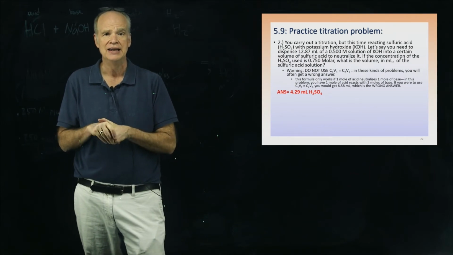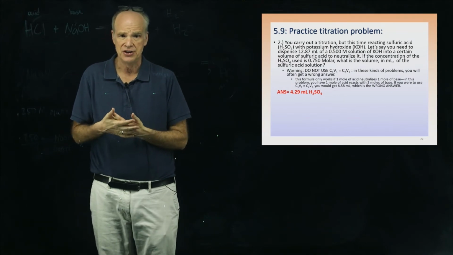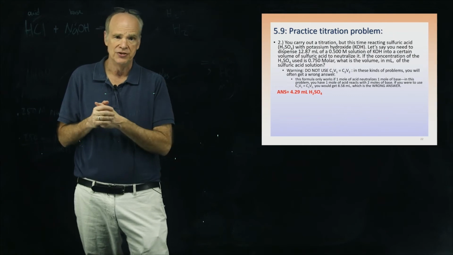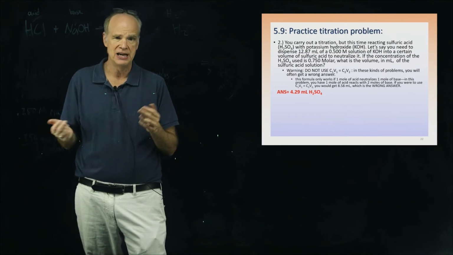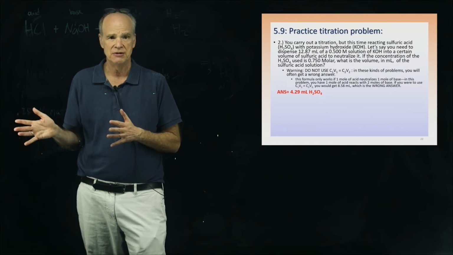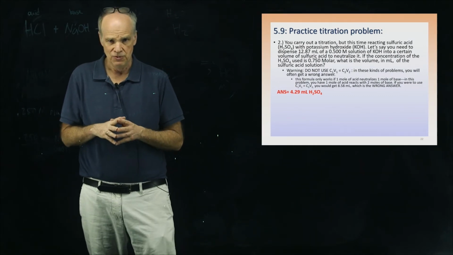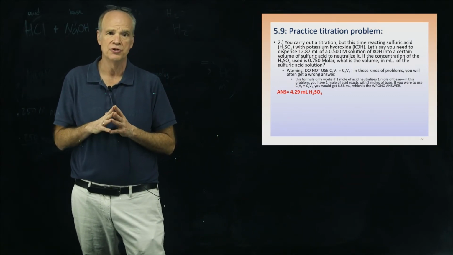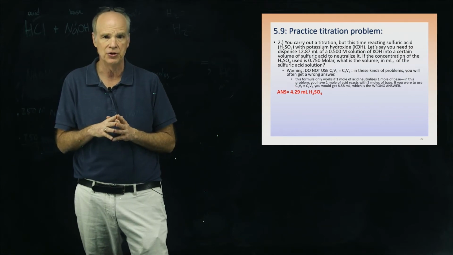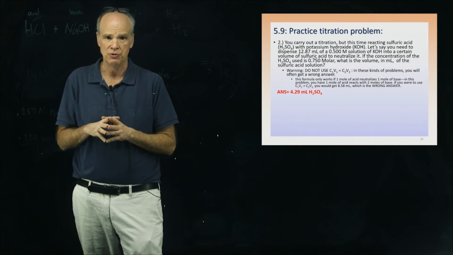Okay, so this appears to be a titration problem, and it's specifically an acid-base titration problem. And the way I know that is we are trying to find a concentration of acid, here it happens to be H2SO4, by adding to it a base, which is KOH. And so that would be a titration problem. So we kind of solve this problem using the basic strategy that we saw before. Now, when you get a problem like this, it's very important that you need to know the ratio of the moles acid reacting with the moles of base. And so in order to figure that out, you have to start out by writing a balanced equation for this